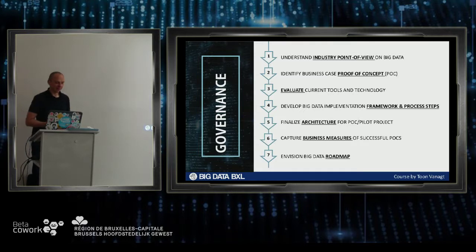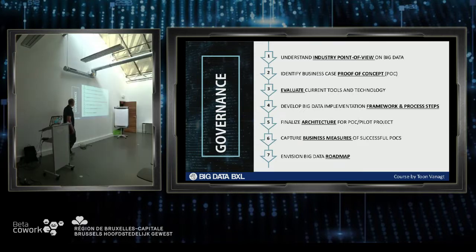So, understand, this is the governance part. And I said it's really important, but really complex. So understand the industry point of view on big data. In certain industries, it's forbidden, even by law, to do certain things with it. For example, French insurers are not allowed to use social media data to make a risk profile on the people they insure. They're not allowed to use the fact that somebody says, I just went to the doctor and had bad news, to say, oh, now I'm going to refuse your health insurance, or I'm going to give you a higher premium. They're not allowed to do that by law.